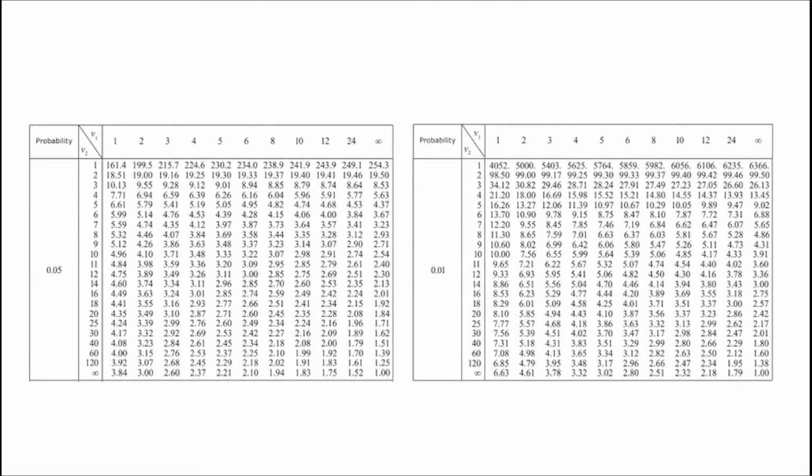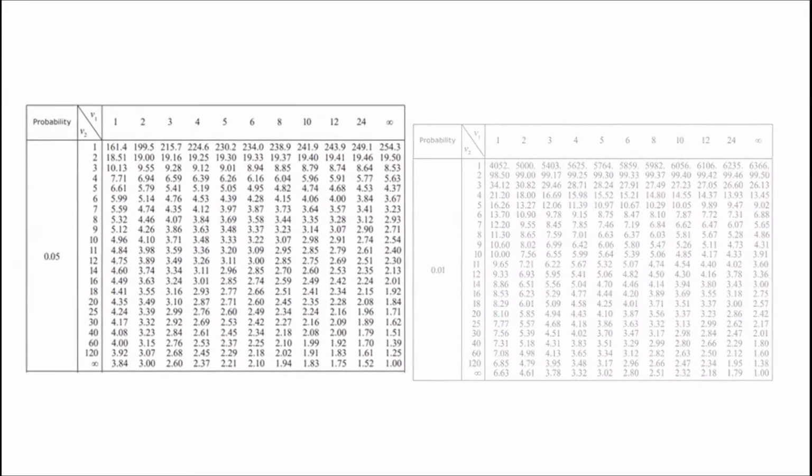So not only do you have a formula available in the formula book, but there's also some tables that are available as well. So these we'll call the F distribution tables. These are critical values linked to the F distribution. And if you have a look, there are two specific probabilities. Let's look at the 5% probability tables. Now, all of these values here will be a critical value that is exceeded only by 5%. We can look these up by using the two parameters for the F distribution, which are V1 and V2. You would have found these by doing nx minus 1